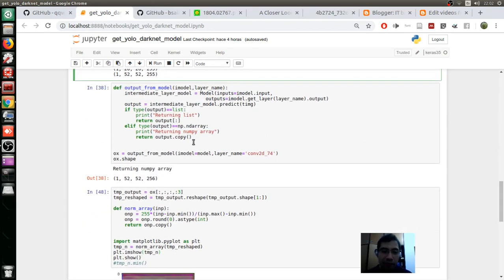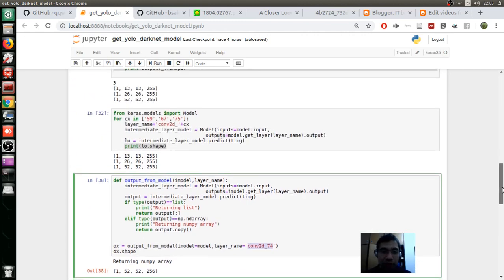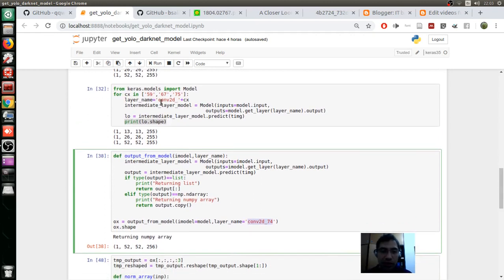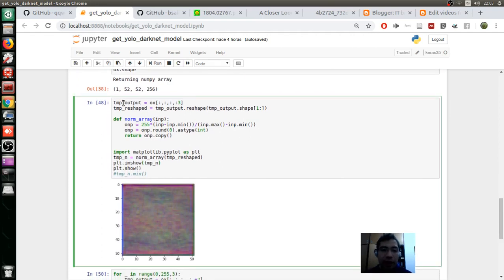So I made a function to make it faster, and I'm calling this with this other section. You can see that here I am using another name for the layer. In this case I used previously 59, 67 and 75. Here I'm using 74. So here I'm just changing the way of using these outputs. This output has